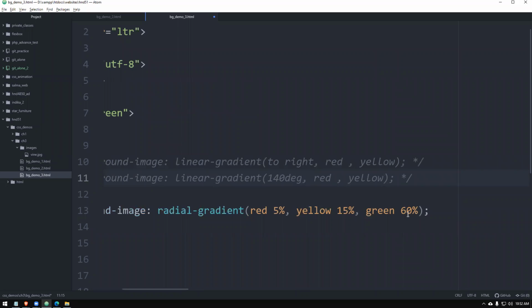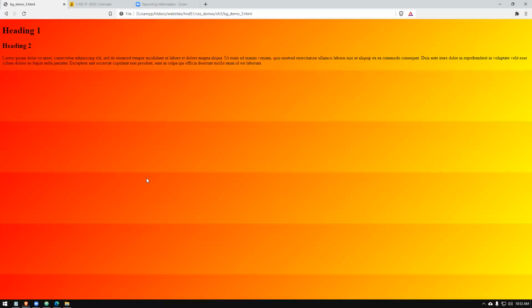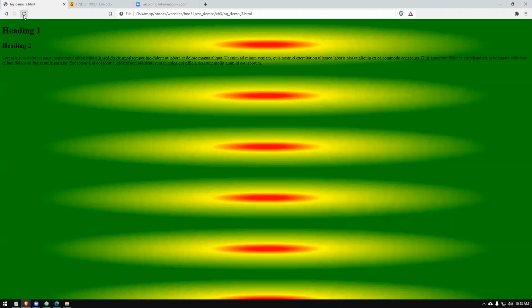What we are trying to do is: red, the percentage value also given, yellow percentage value given, green percentage value given. So make sure that sums up to 100. So it will be nice. So red can be less, yellow can be a little bit more, green can be more, right? So if you try this, now you can see this is coming because of that height problem, because our page is not tall enough.